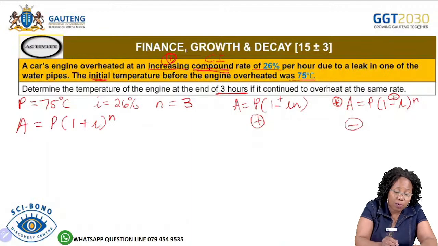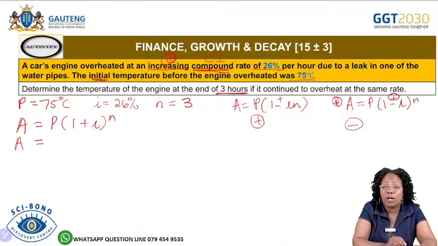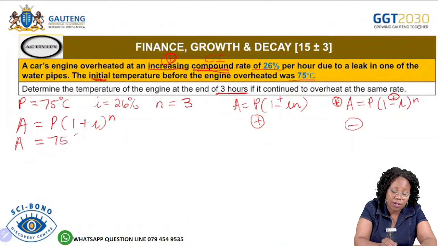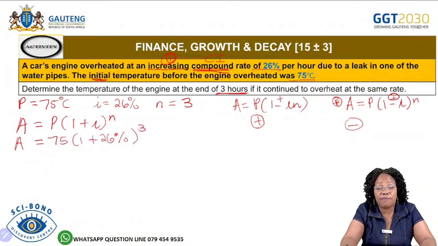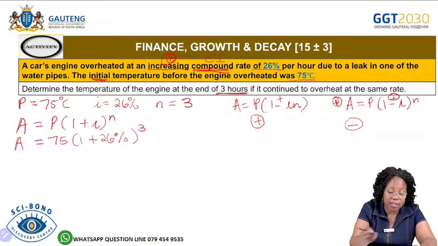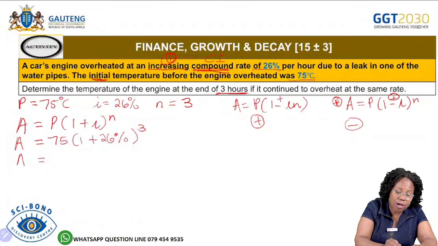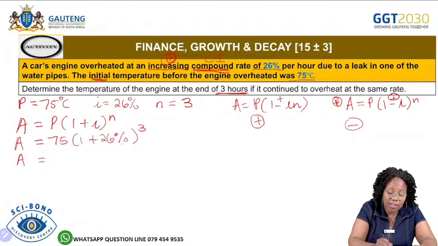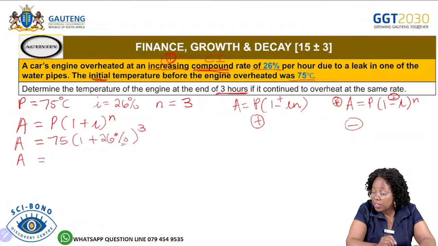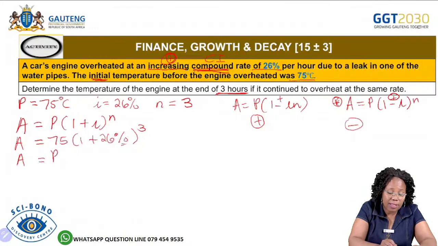And the next step now is our substitution. We are looking for A. What is the P value? 75 into 1 plus at an interest of 26%. And then value of N is equal to 3. Then you'll be having your first mark for substitution, grade 12, if everything is substituted correct. And then now you can put that into your calculator. Do not partially simplify this. Put everything into your calculator. There is a percentage button on your calculator there. And then this gives us an amount of 150.3